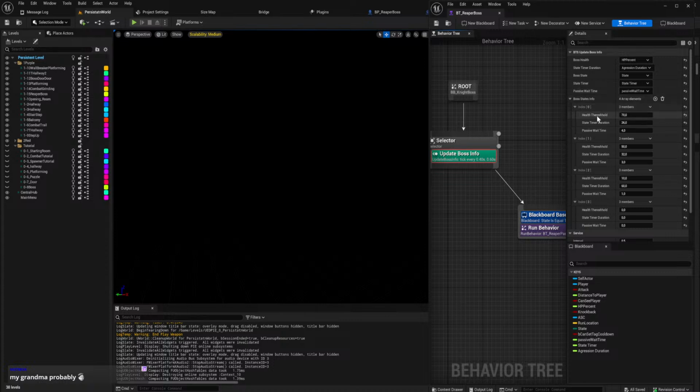Oh, but then it checks the HP threshold? No. These are just the boss states. So it applies this info to it.